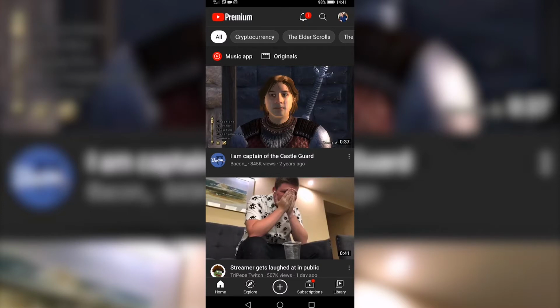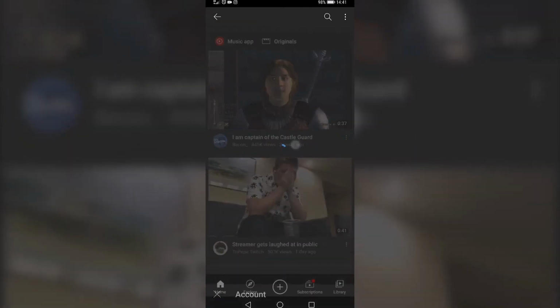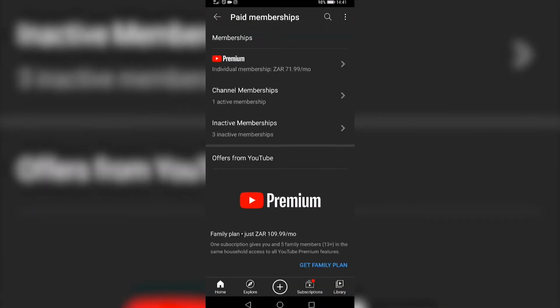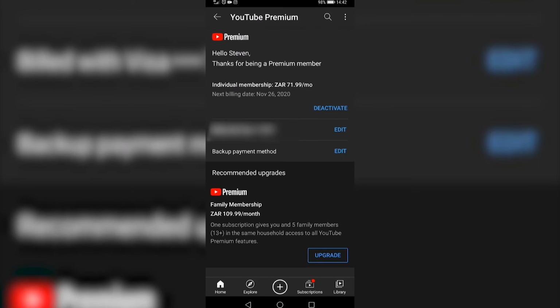So once you've launched the YouTube app, go ahead and tap on your profile icon at the top right, and then you can see an option underneath time watched that says paid memberships. If you go ahead and tap on that, it's going to show you YouTube Premium and the price of it. All you need to do is tap on Premium and it will give you all the details about your membership,